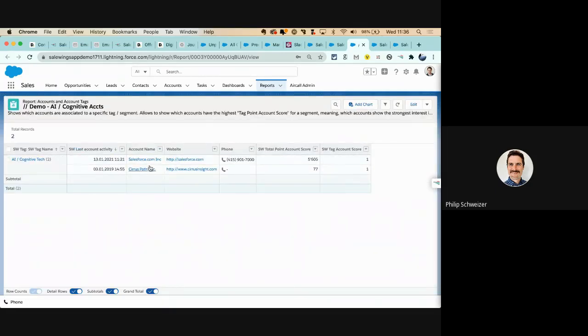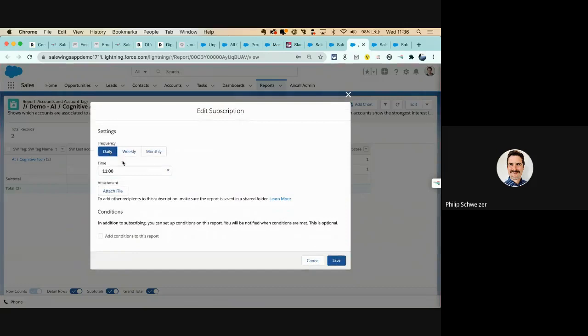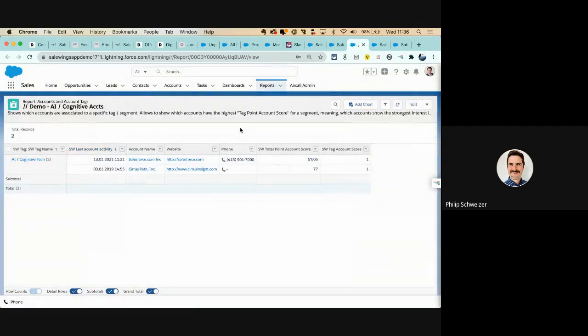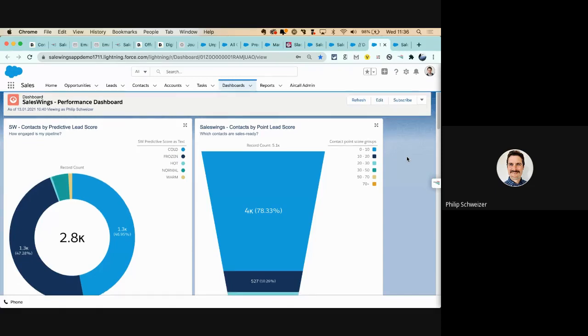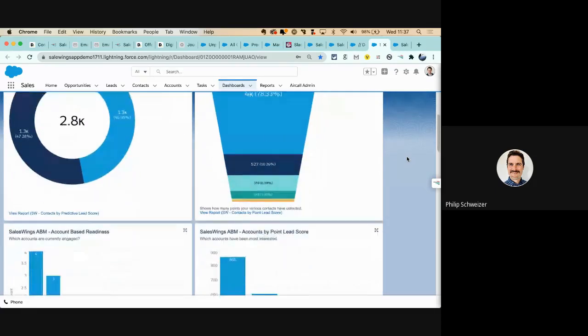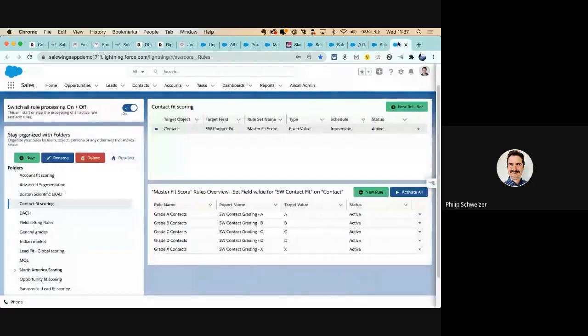So here we have a short list of these accounts that a sales rep can simply use and consume. And by the way, for instance, also subscribe to that and get a daily email alert straight from Salesforce with new leads that are highly qualified in my domain. SalesWings also obviously provides some dashboards here, understand my funnel health, and a few further data points.